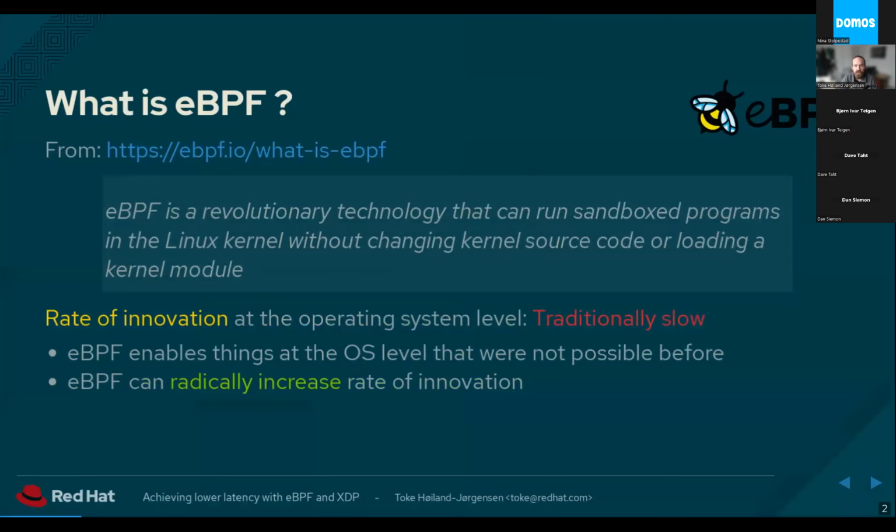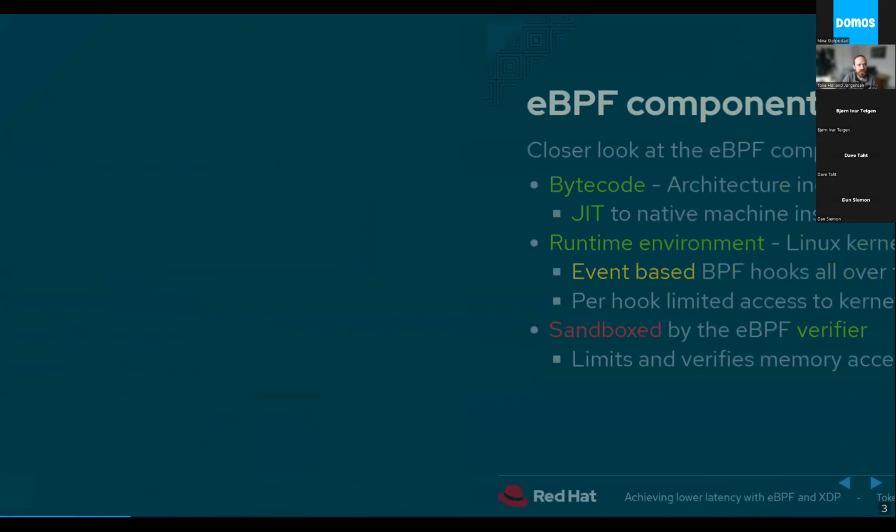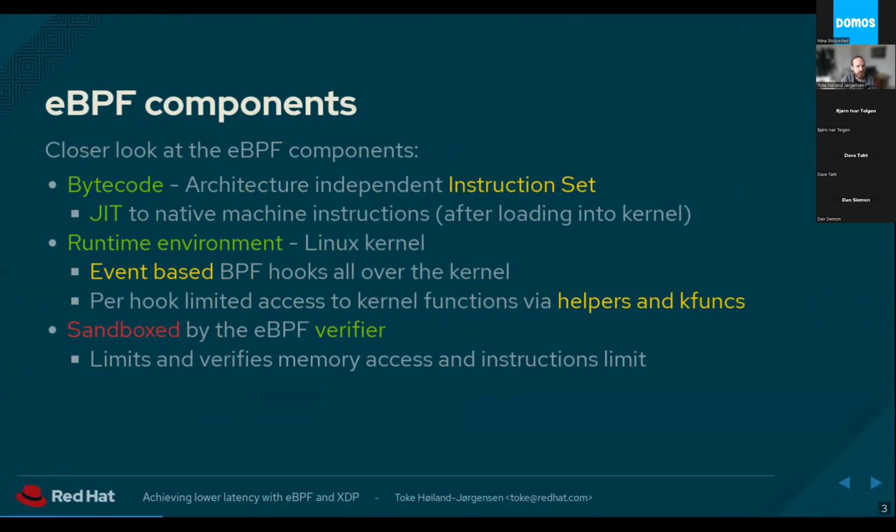But also, those of you who are familiar with the embedded space know that, especially with home routers, by the time you buy a device from a manufacturer, it's probably already half to a full decade out of date in terms of kernel technology. So this means that all OS level and kernel features take a long time to get from the development stage to where we can actually use them. And so the promise of eBPF is that we can dynamically load code into the kernel and increase the rate of innovation in the operating system space. And so just a brief run through of what eBPF is. Some of you would already know this.